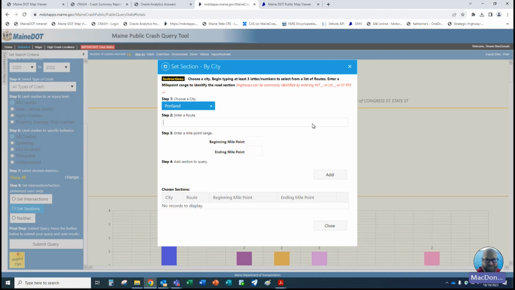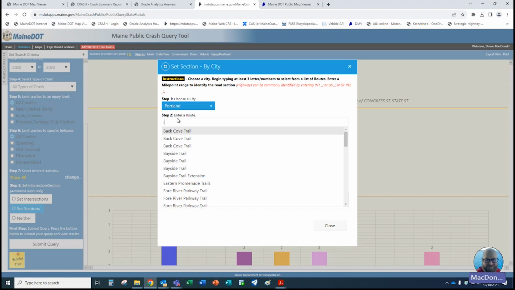So this is going to rely on you starting to type in the information that you're looking for, and then it's going to pre-populate it. So the area that I'm going to be doing this section on is going to be along Congress Street again, in a similar area to where we were looking at before.